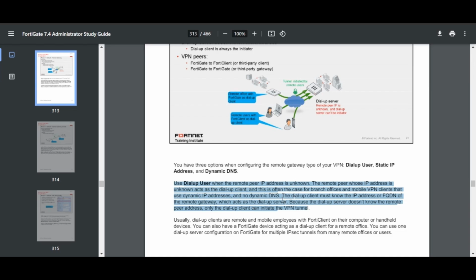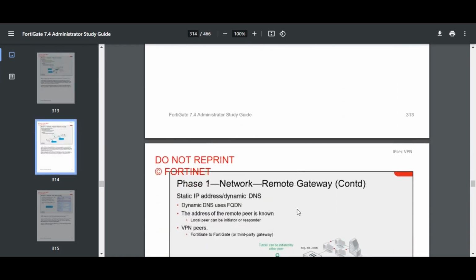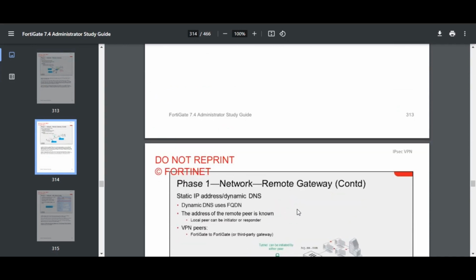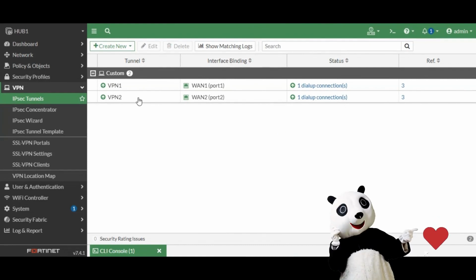That means the remote end FortiGate or any other device doesn't have a static IP address. They didn't purchase any static IP address. When they configure the IPsec VPN tunnels, the IP address can change each time they connect. For this type of scenario, we can configure the IPsec tunnel remote gateway as a dial-up user. When you select the IPsec tunnel,